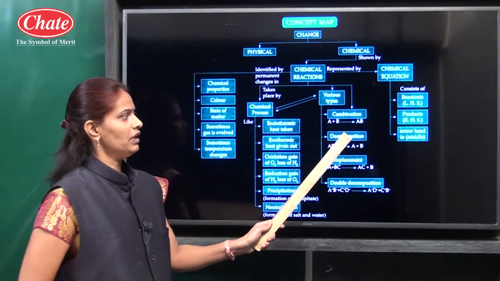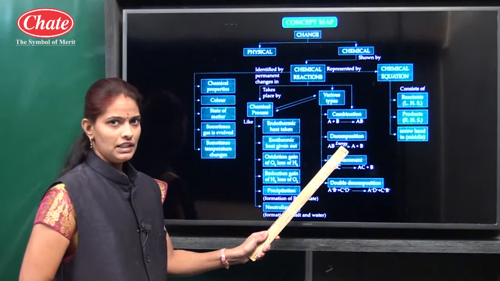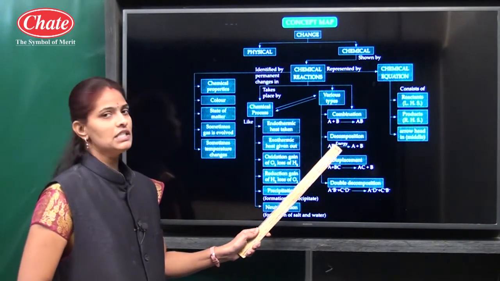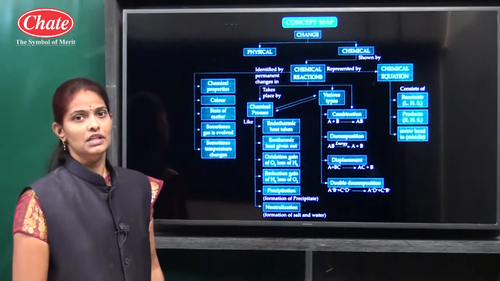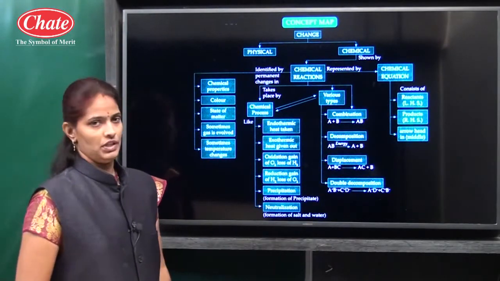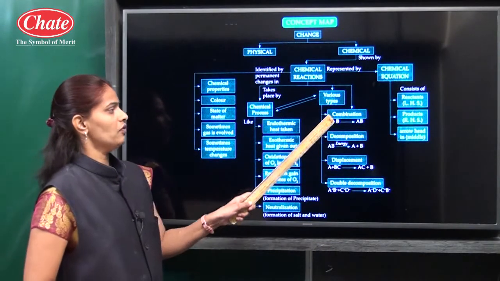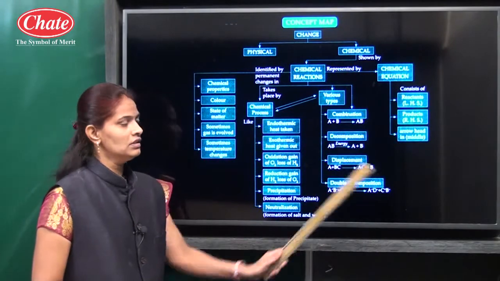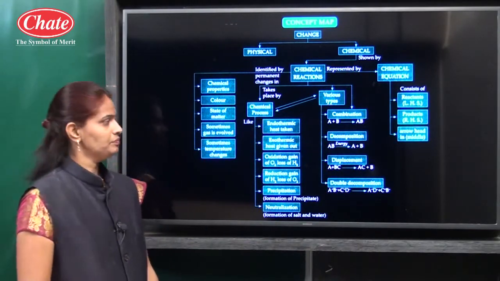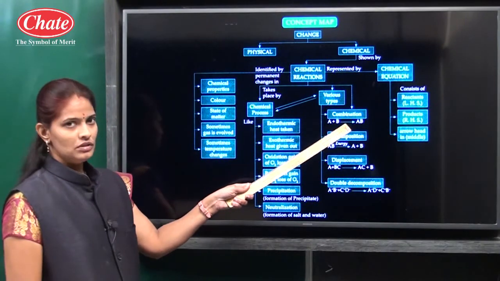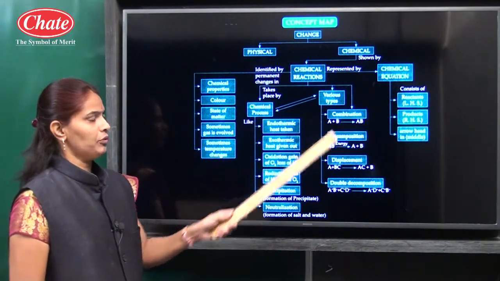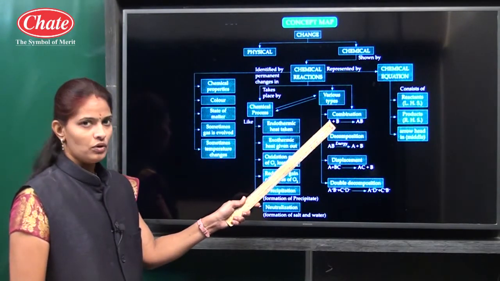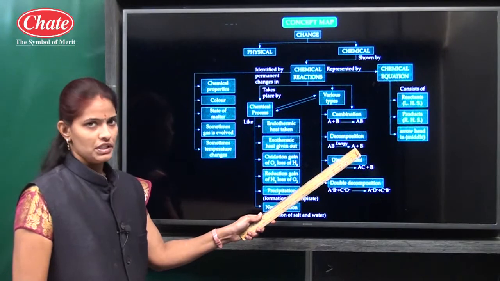There is an arrow between reactant and product, that symbol represents the reaction. It indicates the direction of the chemical reaction from reactants to products. Okay, reactants are always written on the left side and products are always written on the right side. There is an arrow present between reactant and product. A plus sign is inserted between 2 or more reactants and 2 or more products also.